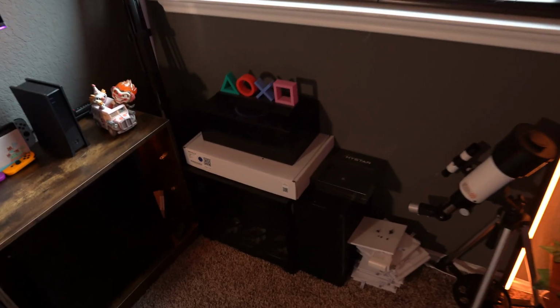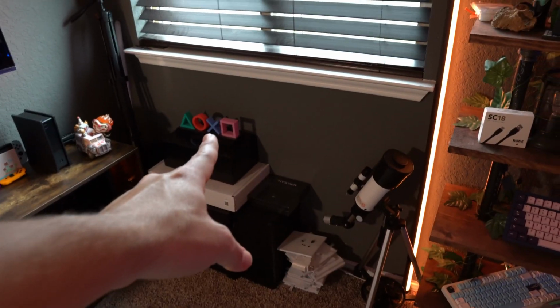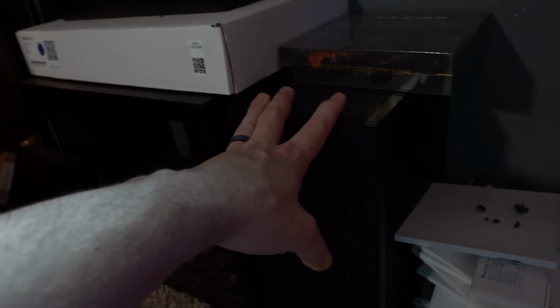Now over here is kind of my quick dump area. Not that kind of dump. Where as I get new products in, I usually set them over here because I have no more room in this closet that's jam-packed full of stuff. It sits over here until I decide what I'm gonna do with it. I've got Nanoleaf panels, my old 011 Mini, another small form factor PC I'm gonna be building in, and then